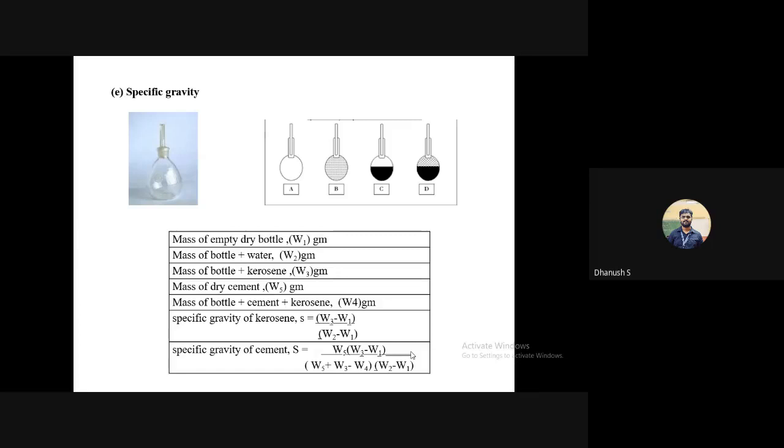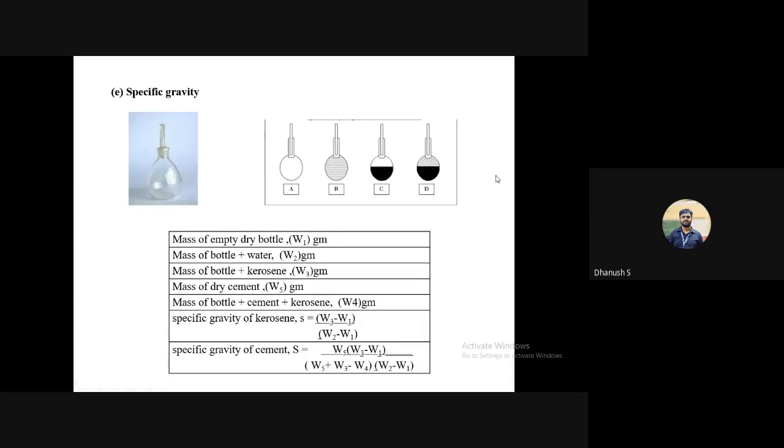So for cement, the procedure is slightly more complicated. Why is it complicated? Can I directly measure the specific gravity of cement with respect to water? No. Why? Because I already told you, as soon as the first drop of water touches the first particle of cement, hydration starts. By the time you finish performing your experiment, hydration would have occurred and initial setting time would have started. You can't take out your cement sample from the specific gravity bottle, or Le Chatelier's flask, we call it. You can't take it out, so you basically have to discard this bottle every time.